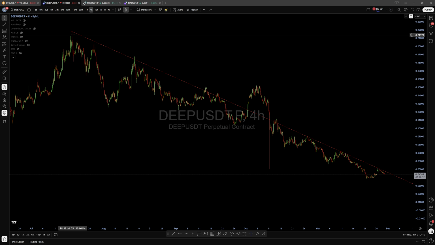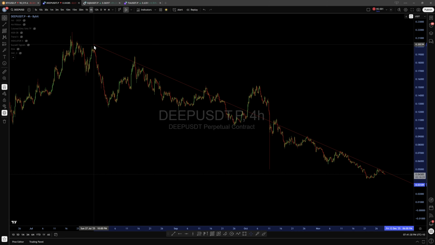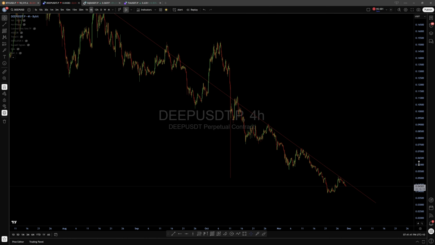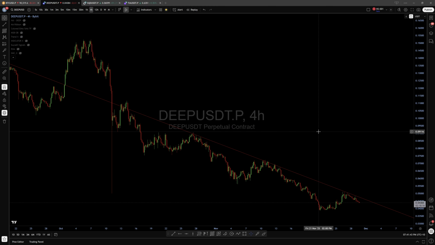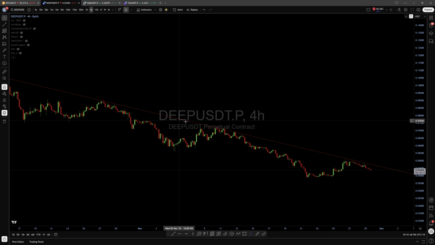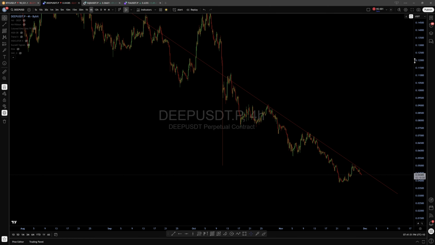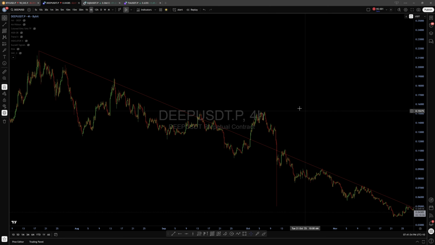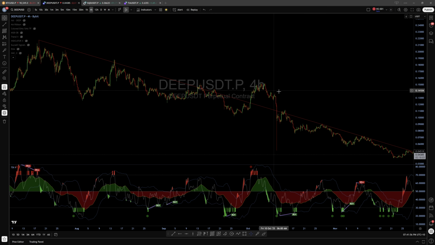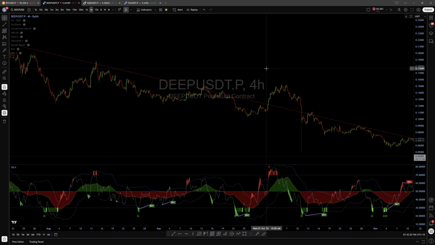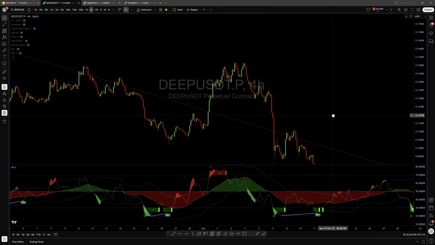So actually, maybe let's try here. Yeah, I think in this case it does want to go to the top, but you want to see where the most touches are, and then as it gets down to it, you'll start to see it getting very reactive to that trend line. As a matter of fact, this thing looks like it could break out soon for real, but who knows. I might have to save this one for later. But what the point is of this one is, it came up like it was going to break out,